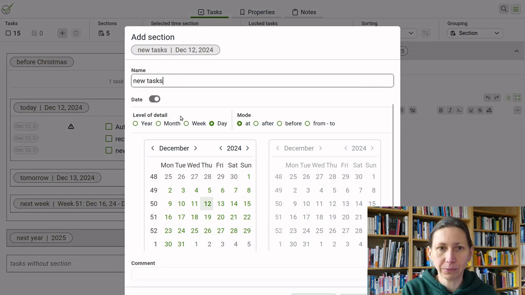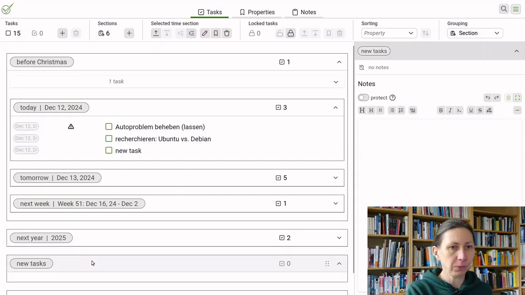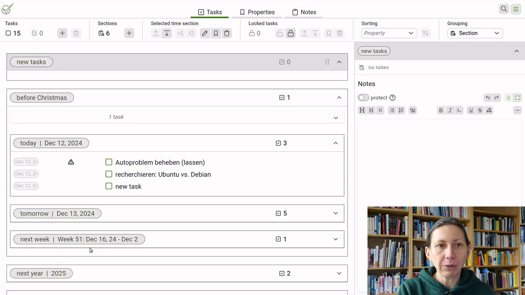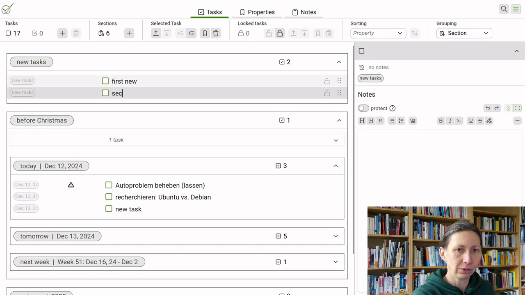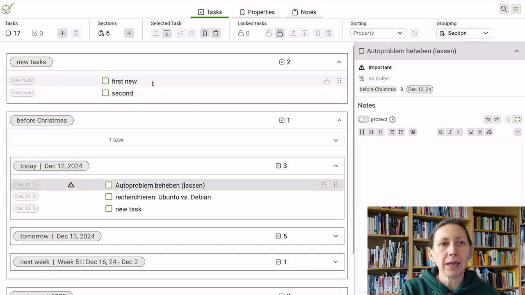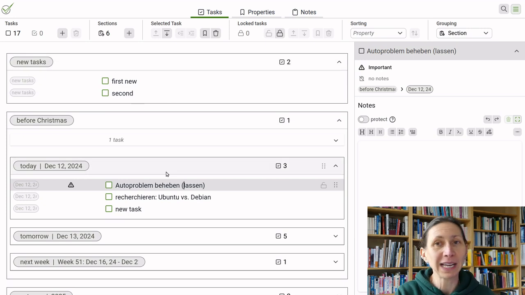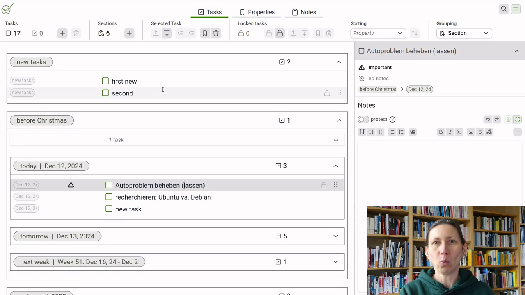So something that has come up today. So this is not a date. And I can change this and maybe move it up. So now I have a box for new tasks, and then I can say, okay, this is my first new task, my second new task, and so on. And when you're finished with your work at the end of the day, or the day's over, whichever comes first, you can look at the new tasks and then say, okay, this was new, where do I put it? And of course you can combine those techniques just as you like, try them and see what fits your style best.